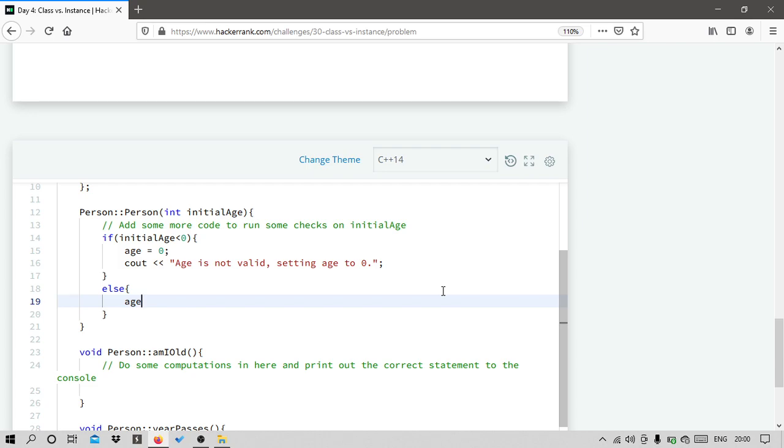And if the age is 0 or greater than 0, we have to assign initial age to age. So I have completed the code of the constructor.